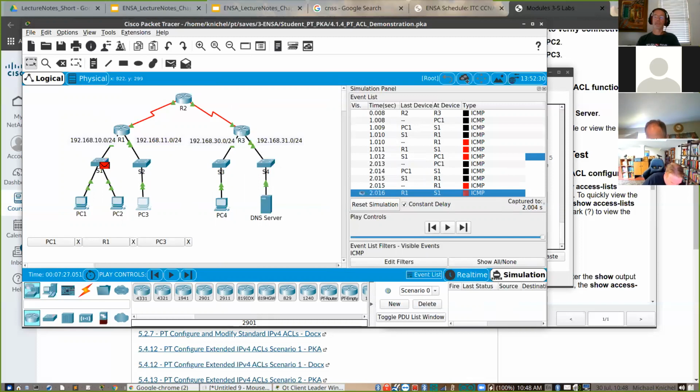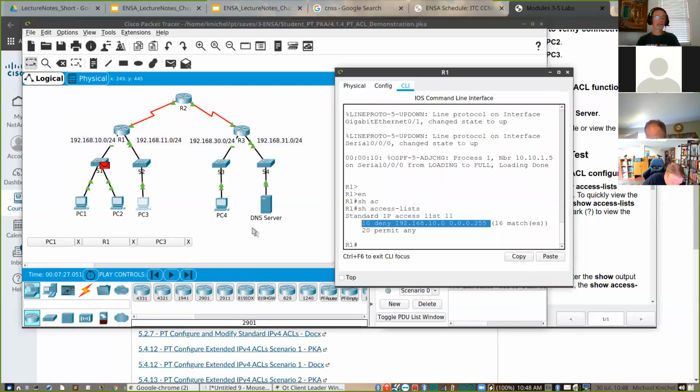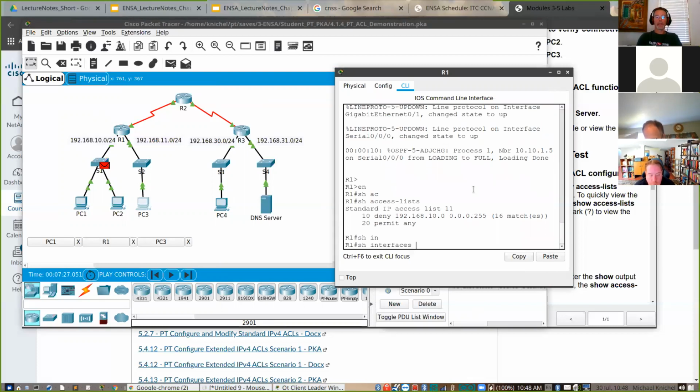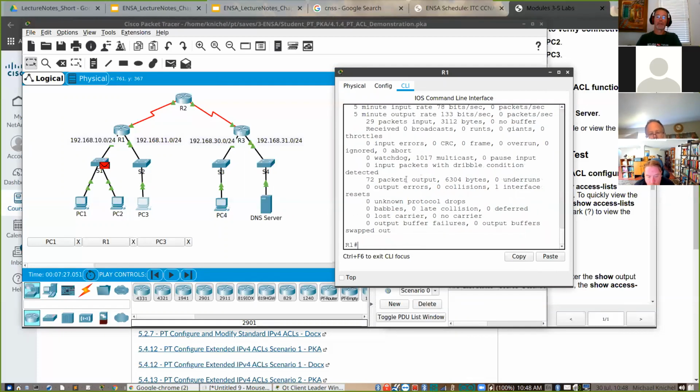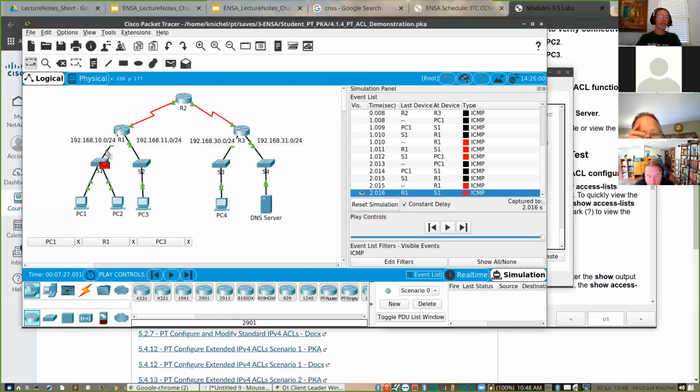Where's my router? There you go. So I only have one ACL, and it's filtering the 10 network. Now, I don't know where it's being applied. So if I do show interface gig 0, I'm hoping that's this interface, right? Nope. Figures.